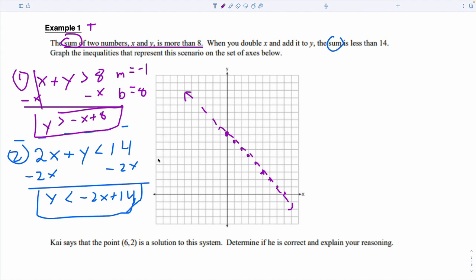There we go. Once you've graphed it, go ahead and shade above or